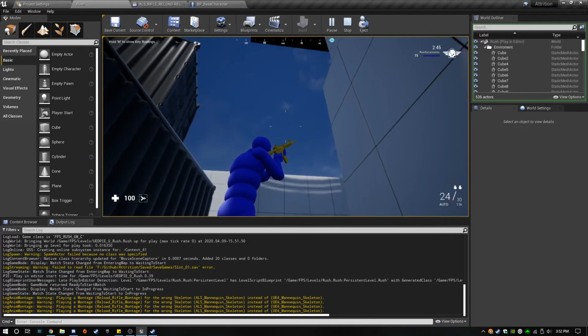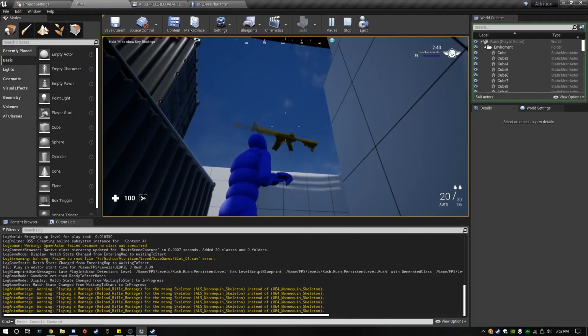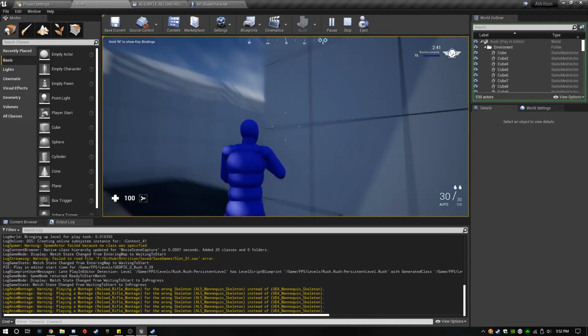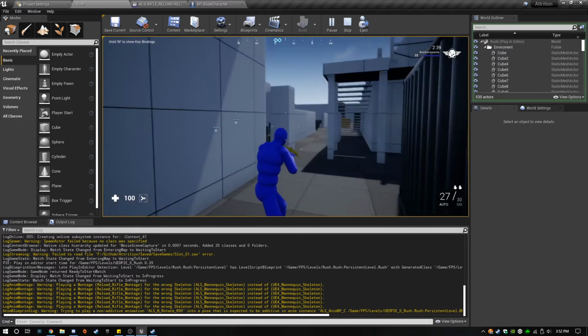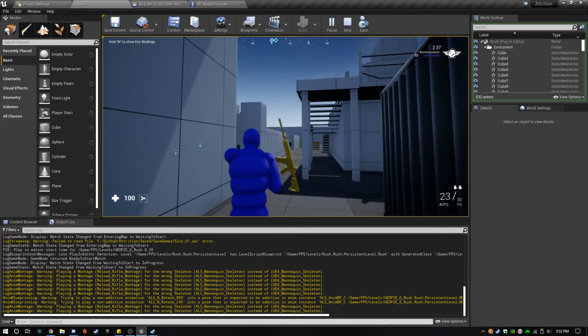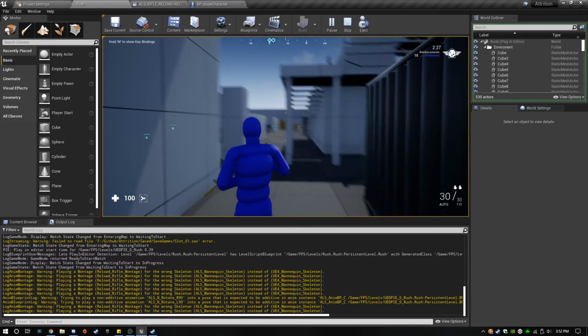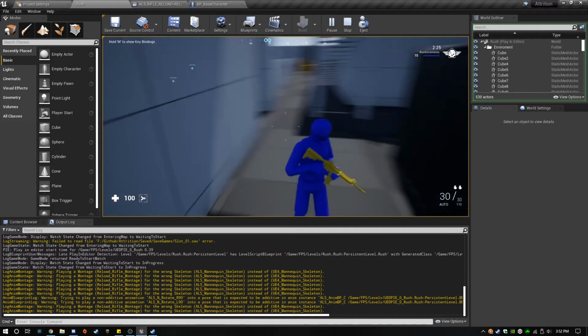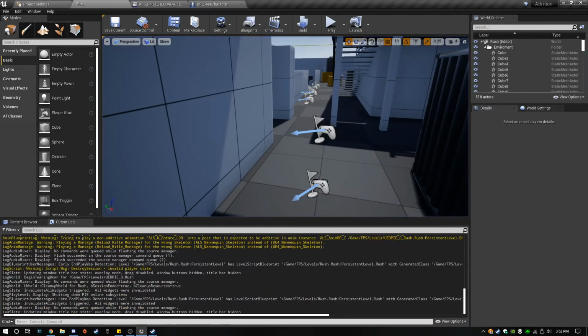Oh yeah, the NM blueprint. Yeah, for sure, the NM blueprint is a mess.